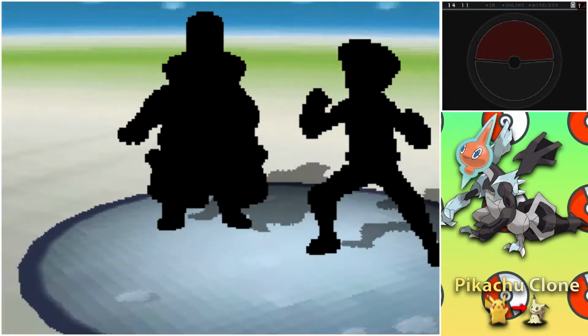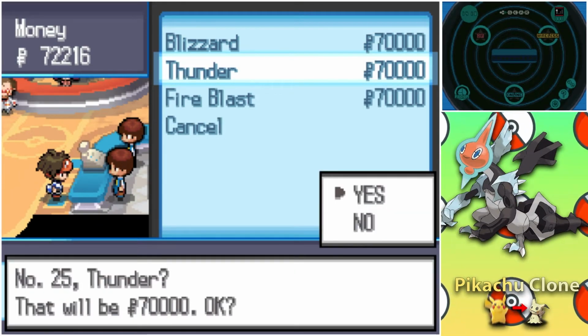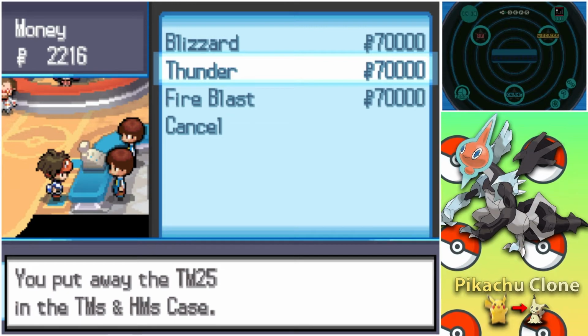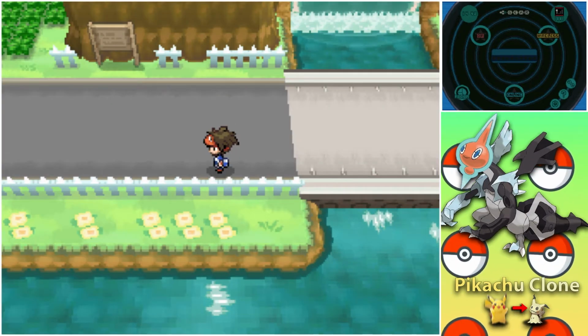We reach Lacunosa Town, help Hugh beat up some Team Plasma members, and go to the Pokemon Center and pick up the TM for Thunder, in case we need it later. Maybe it's because Thunder has lower accuracy, but you can't actually get the Thunderbolt TM until later in the game at Victory Road. Right before reaching Opelucid City,